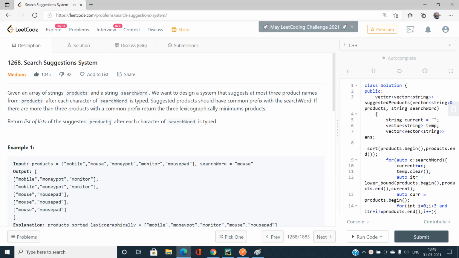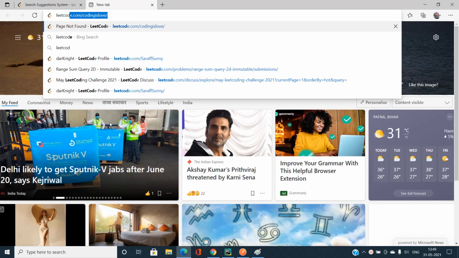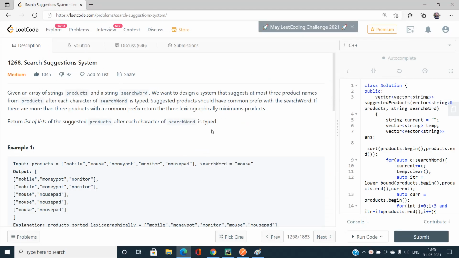I hope you guys now understand the basic scene of the problem. It is nothing very complex, and nothing very easy either. You are going to type some words, like if I type leetcode, you can see some filtering comes up. Then you just have to memorize that. That is, you have to pick up the strings having a prefix exactly equal to the words that you have typed from left to right.